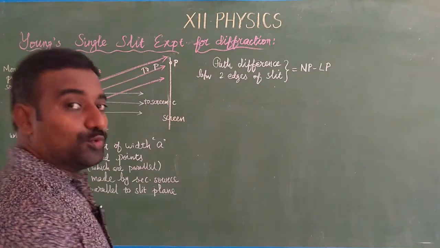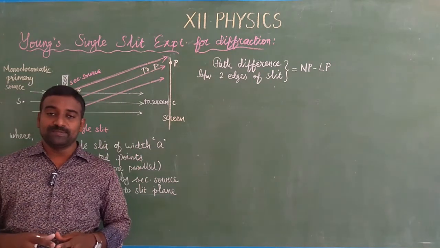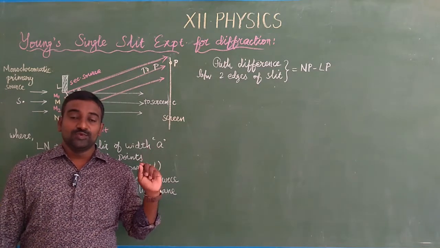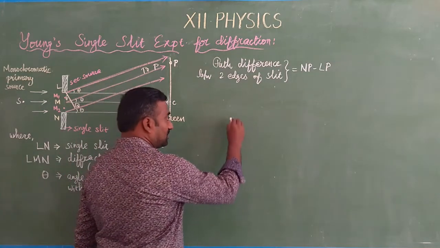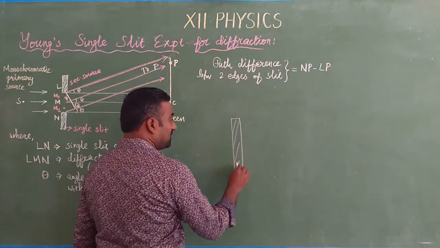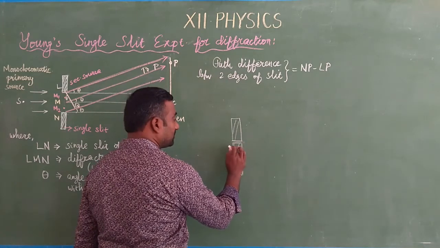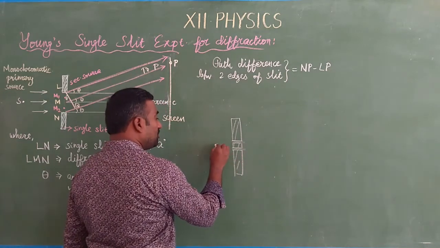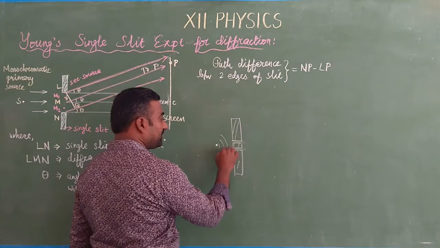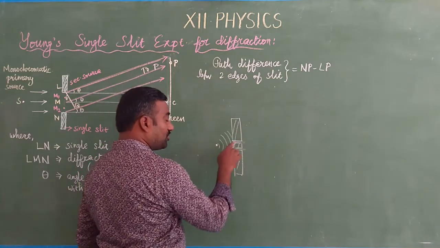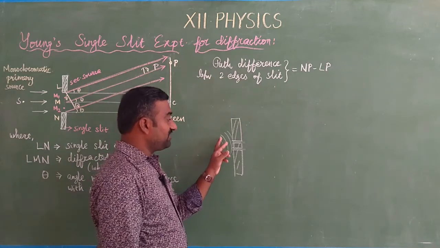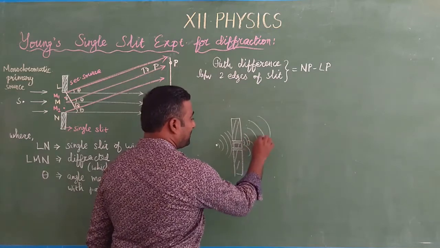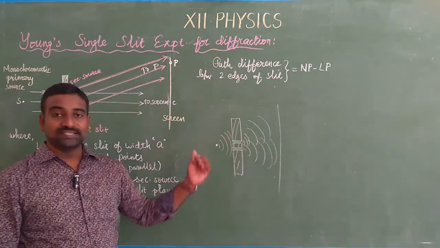Now we are going to continue the Young's single slit experiment. In the previous case, to explain the interference phenomena, Thomas Young used a double slit, which means an obstacle on whose path he made two small, very close openings. This is slit S1, this is slit S2. Through this, a single monochromatic source is used. When the spherical wavefront from the monochromatic source reaches the slits S1 and S2, secondary waves originate. Then the interference phenomena are made on the screen.